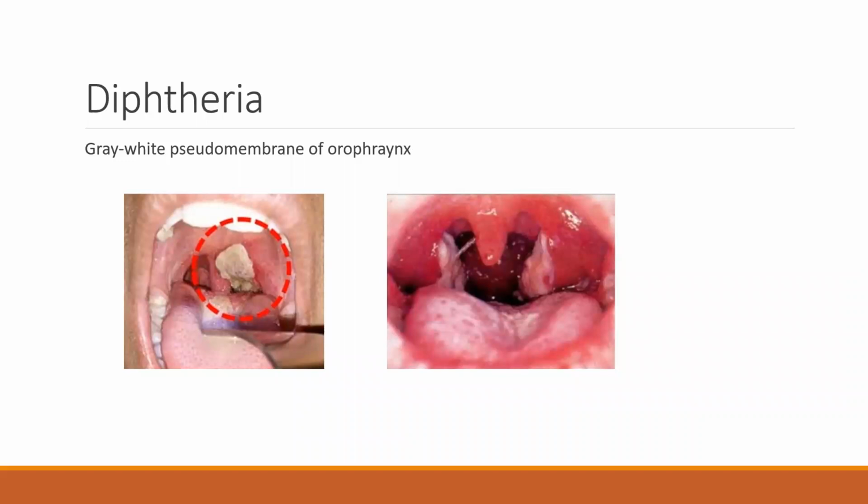The next one, which is a little rare to see in our day-to-day clinics, is a very life-threatening condition which can be produced by Corynebacterium diphtheriae. The symptoms usually start 1 to 5 days after exposure. It starts as a very low-grade fever, headache, malaise, anorexia, sore throat. And for dentists, the main concern is that it produces an oropharyngeal exudate on one